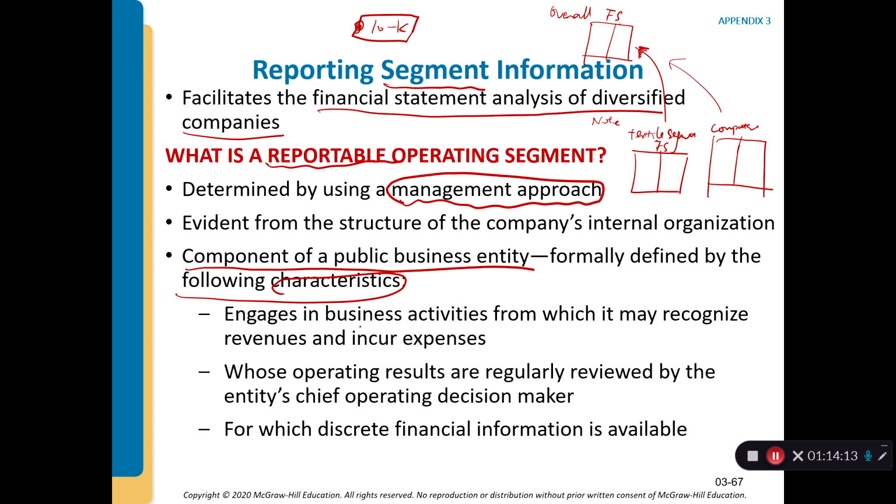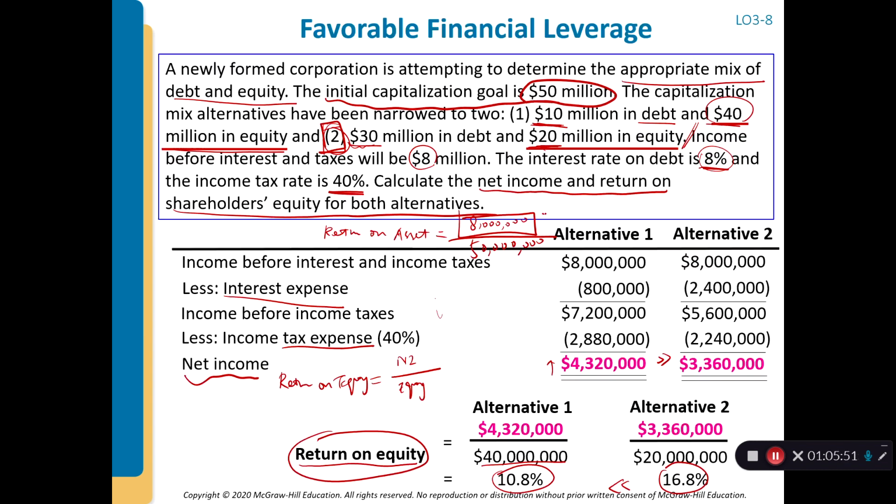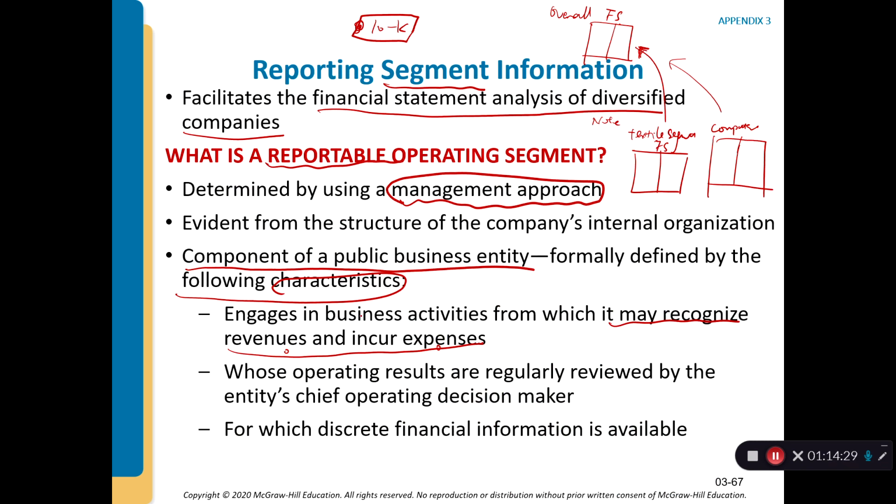First of all, it engages in business activity from which it may recognize revenue and incur expenses. So if you find that a segment can have its individual revenues and expenses, this is one characteristic that it could be a different segment. And then, if the operating results are generally reviewed by the entity's chief operating decision maker, that's another indicator that this segment should be reported separately. And also, for which discrete financial statements are already available. That's another thing we can use to judge whether we want to supplement our segment